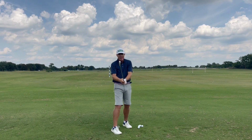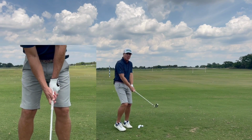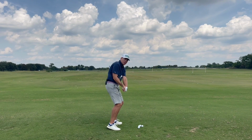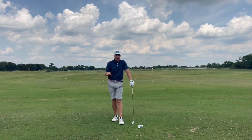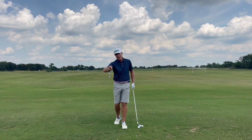That is automatically going to get that trail hand in a stronger, more alongside position. And when the trail hand gets stronger and more alongside, you know what happens to the face? It gets stronger, less loft, more compression, more energy into the back of that golf ball. Okay? If you hit the ball too low, we're going to try to get that trail hand just the opposite,